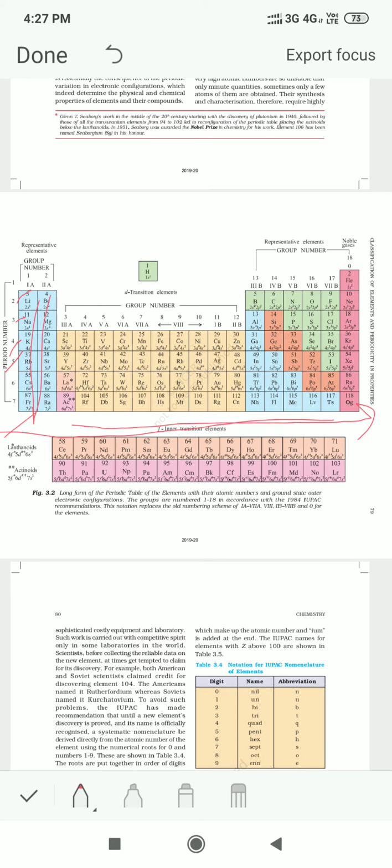Now at the bottom of the periodic table you can find 14 elements present in 2 horizontal rows. 14 elements are present in 2 horizontal rows. If you look at the periodic table,